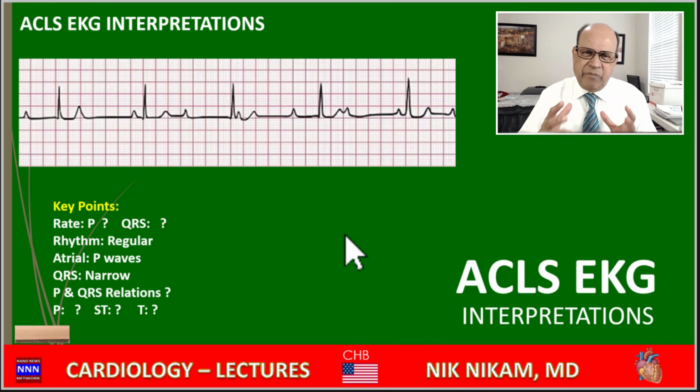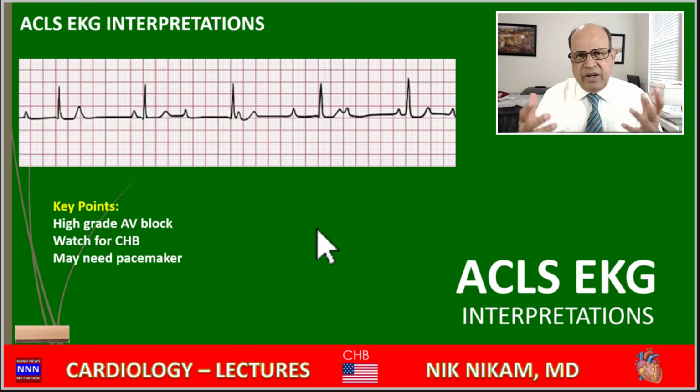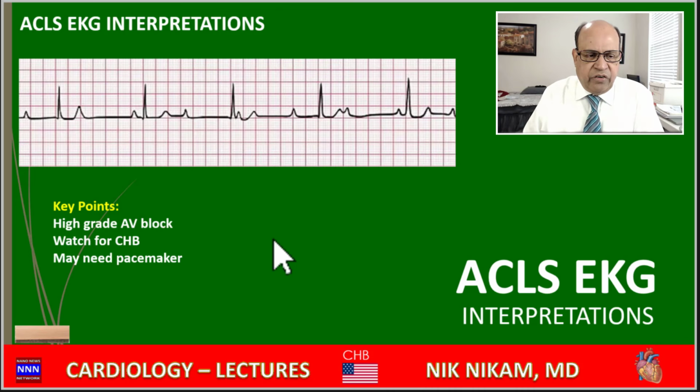High-grade AV block simply means it is one step closer to complete heart block. So they should be treated like that, because we don't know when these patients are going to go into complete heart block. This should be watched very closely. You try to increase the heart rate with drugs. You try to support their blood pressure with dopamine if needed. And if those things don't work, of course, they may need a transcutaneous or transvenous pacemaker.